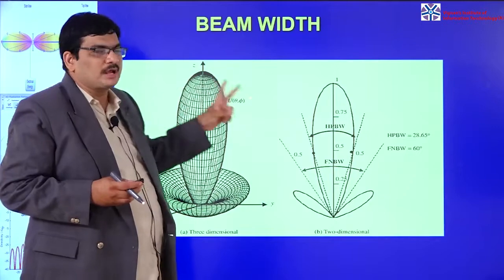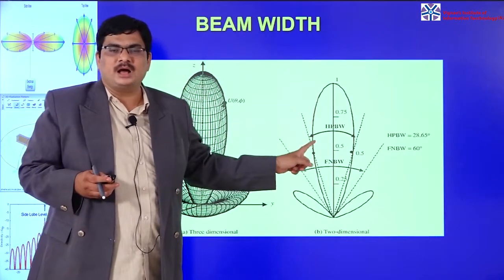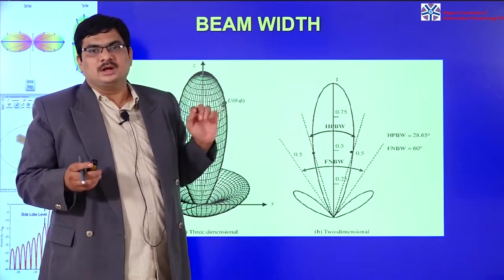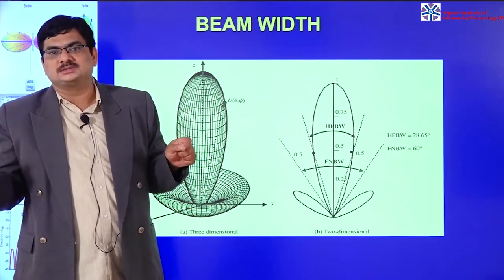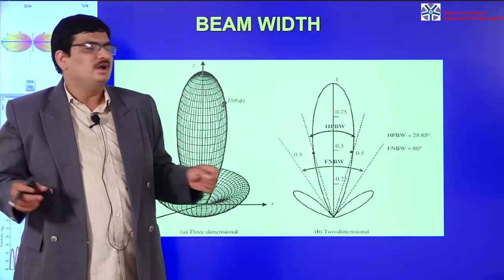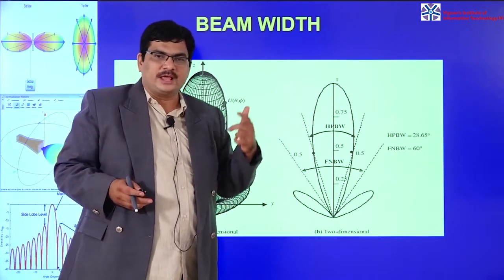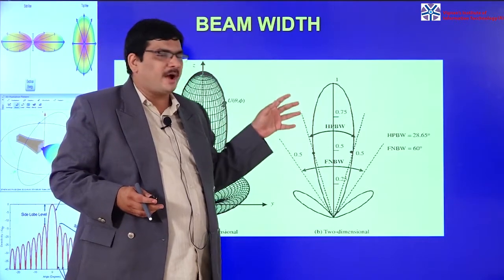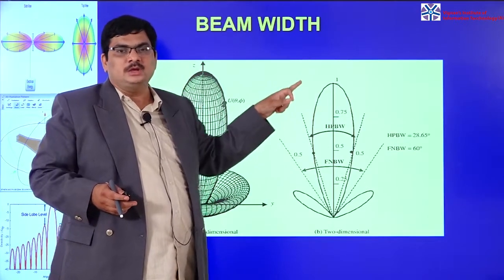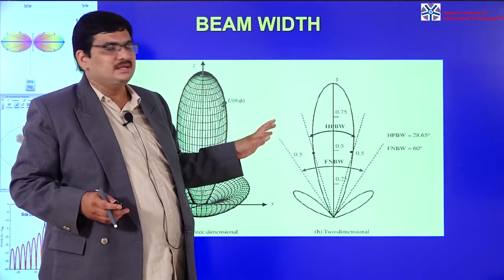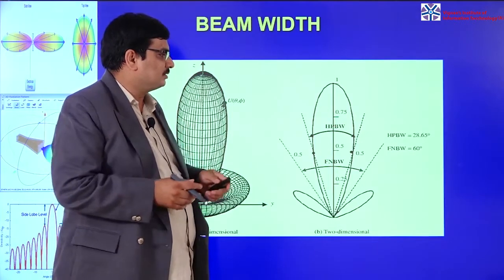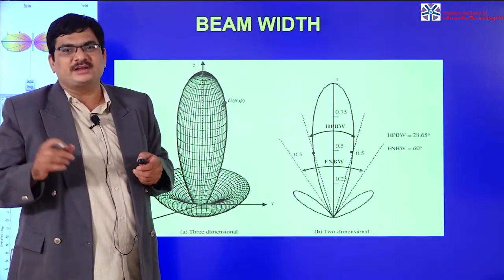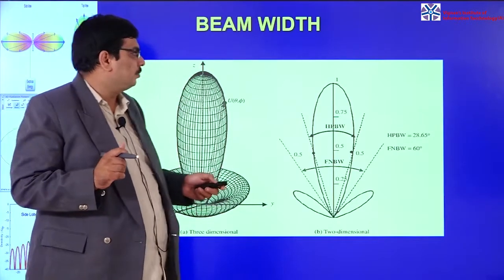There are two types of beam widths: half power beam width and the Fresnel beam width. The angular difference between the first two nulls is called the Fresnel beam width. The angular difference between the two points where the field falls from the maximum to 1/√2 is called the half power beam width. Always, your Fresnel beam width is equal to 2.25 times your half power beam width.